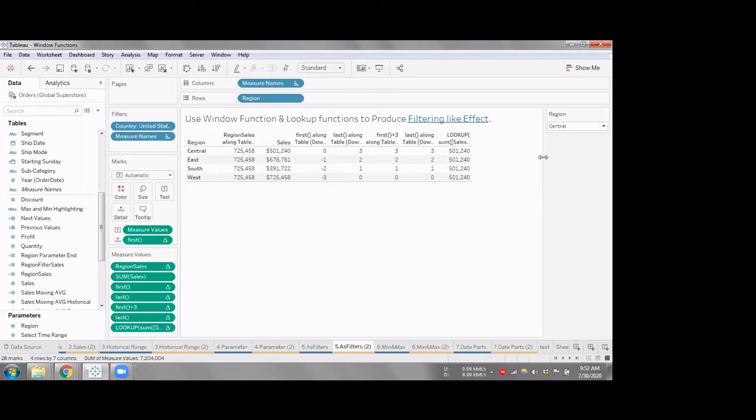I don't think you can do that. So first you have to fix your view, then only go to all the table calculation functions. If you fix your table calculation functions and then again change your view, you have to go back and make the changes in these functions respectively.